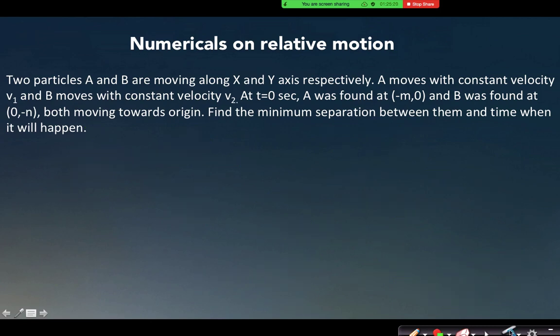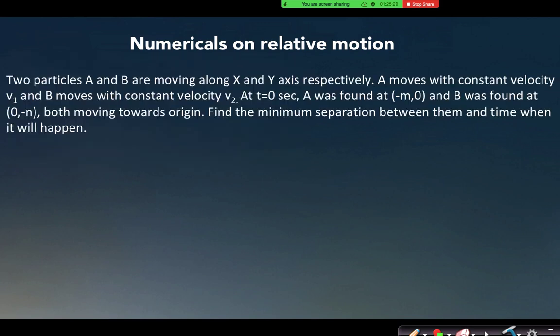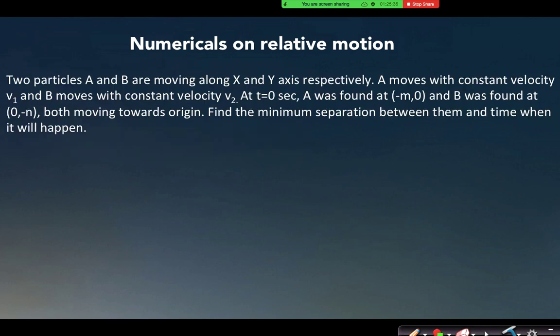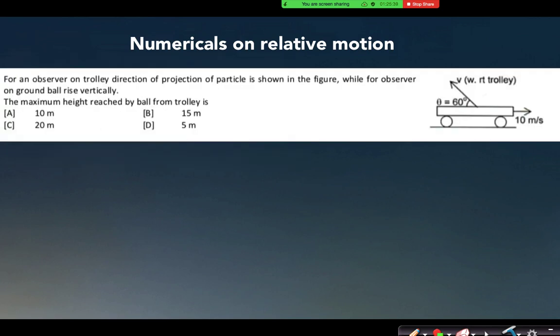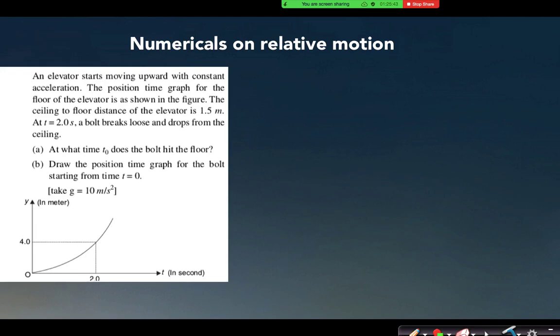All right, so we have done lots of questions today. I will give the rest of the questions as your homework. Most of the questions we have done in class today. We have solved this question starting from here, this one, this one, this one done, this one done, this is also done, right? Now this question I will give you as your homework. It needs some time to plot graphs and other things, so I will give it as homework.